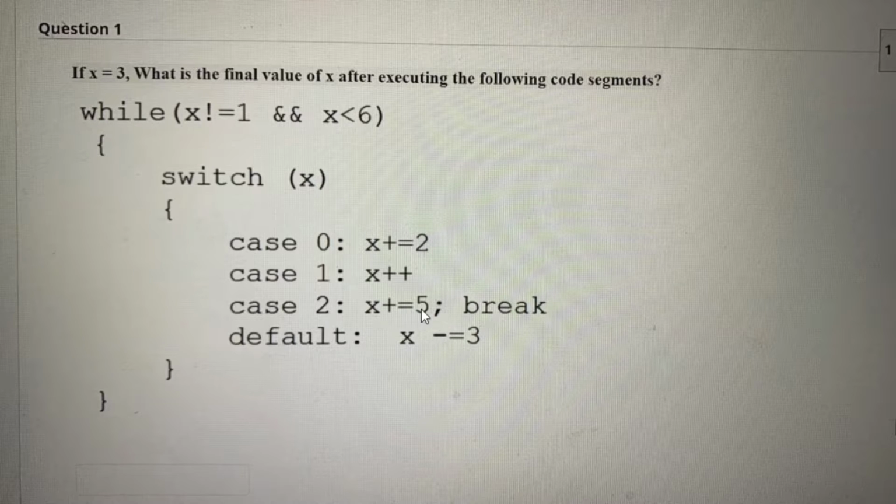Then in case 2, 5 is added to the previous value of X, which is again stored in the variable X. Then break is used. Then by default, 3 is subtracted from the previous value of X, and it is stored in the variable X. So the output for this code is 8.